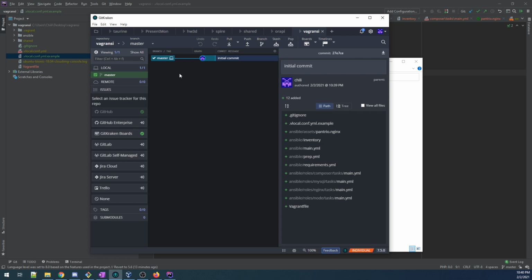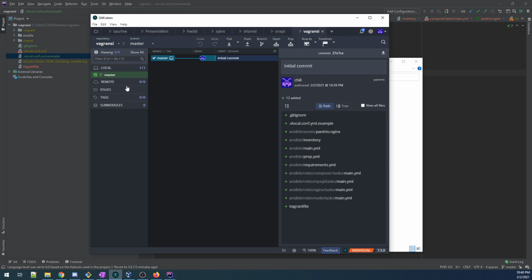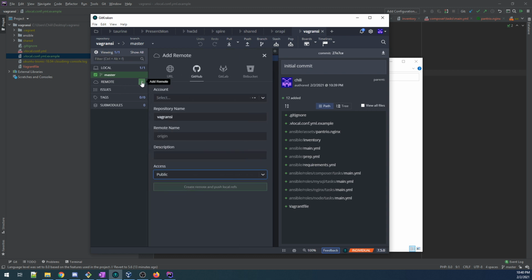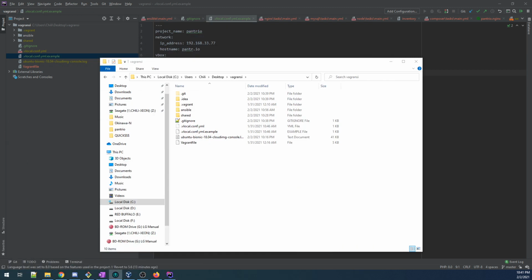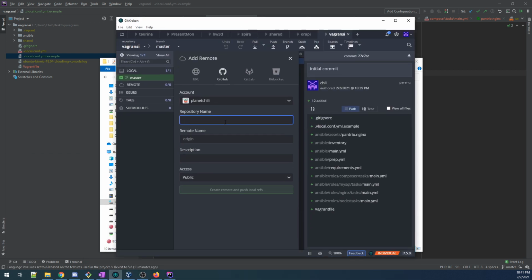I want to push this to GitHub. Repo must be hosted on GitHub. Select an issue tracker. No, not issues. Remote. Add remote. GitHub. Okay, so I can't let you see this thing for reasons. I can put this back here. Repository name is going to be Pantrio Vagrant. Remote name is origin, description, Pantrio dev plus